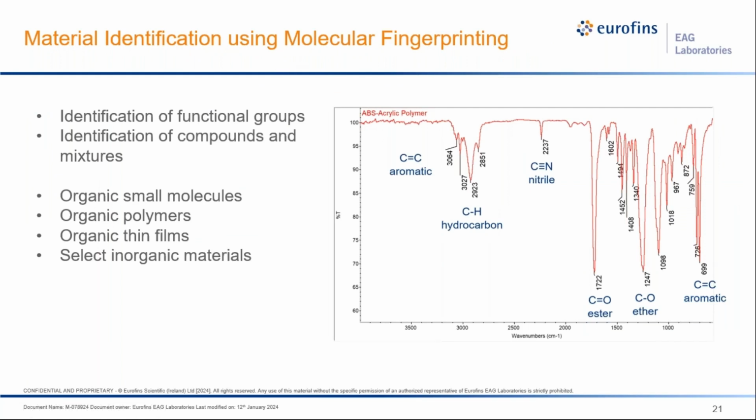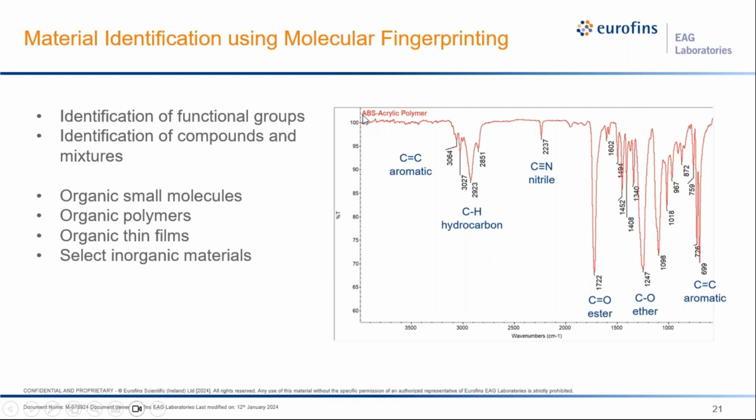So the principle behind identification is called molecular fingerprinting. The idea here is when we analyze the sample, typically we are irradiating it with some kind of light, and then we're getting a spectrum back. And this spectrum that we obtain has to do with the functional groups that are present in the material we're analyzing. So you can think of this as a fingerprint for all the species that are present.